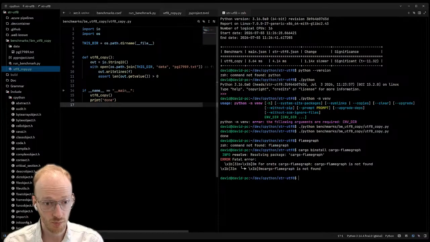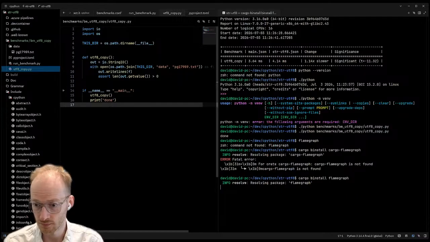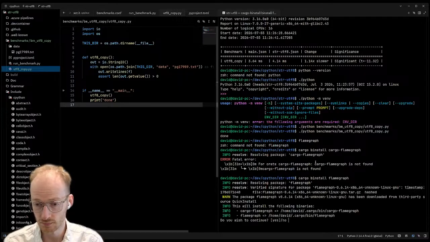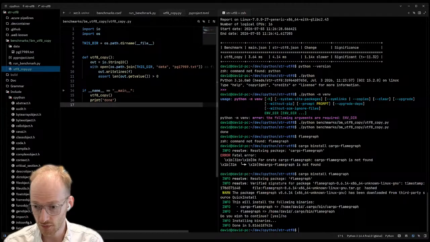I think I've got the name of it. Is it just FlameGraph? Yeah, probably. Let's try that. Yep, that looks like it's going to install what I expect. There we go. So now we have FlameGraph.